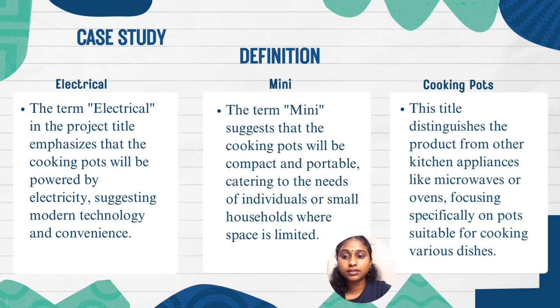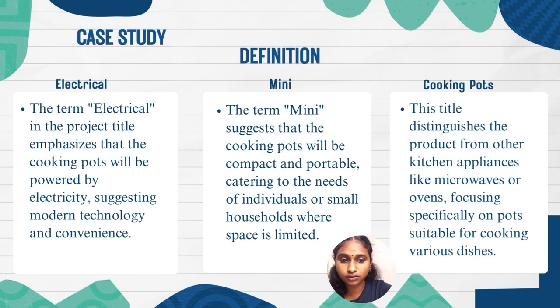First is electrical. The term electrical in the project title emphasizes that the cooking pot will be powered by electricity. The second one is mini. The term mini suggests that the cooking pot will be compact and portable. The last one is cooking pot. The phrase cooking pot indicates that the primary function of the product is cooking. The title distinguishes the product from other kitchen appliances like microwave or oven, focusing especially on pots suitable for